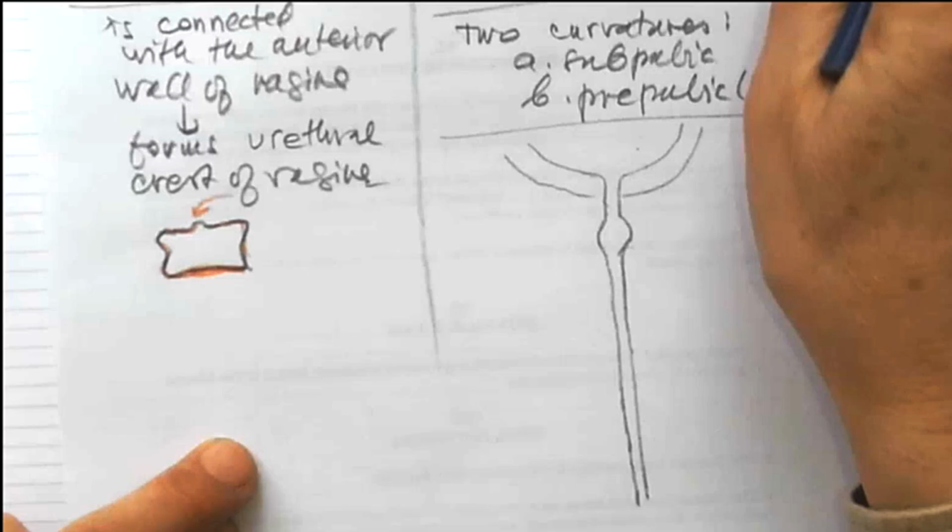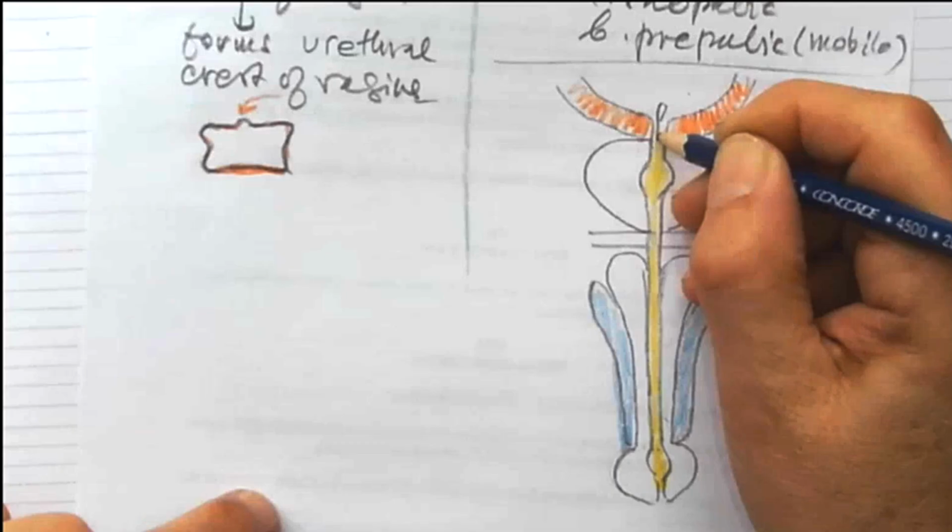Here is the uvula, it's a small elevation, we call it uvula of the vesica. Then the prostate, yes, prostate, the